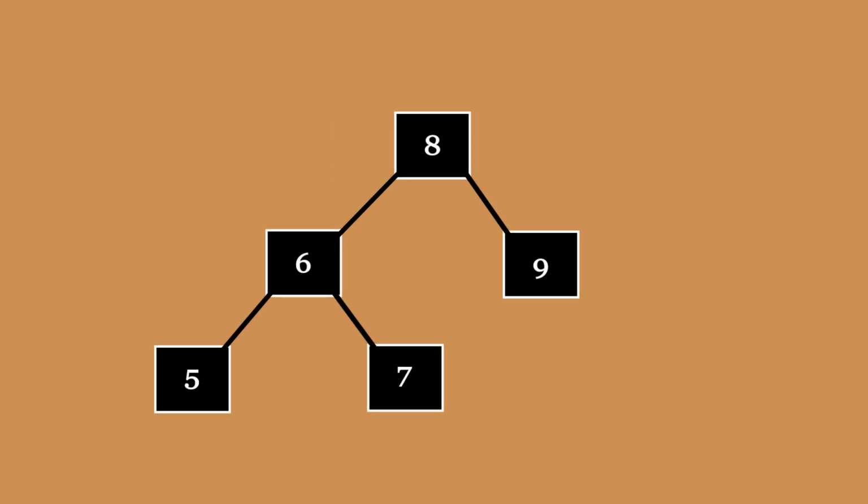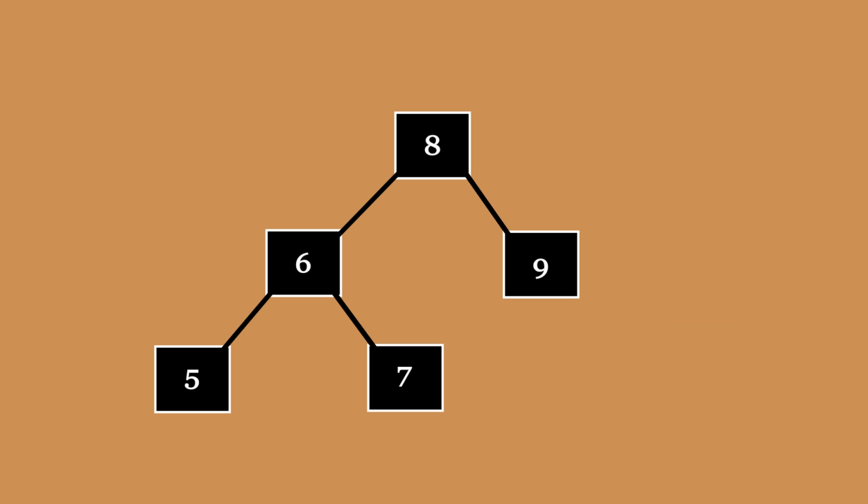So we have a binary search tree and we want to search, let's say 10. So we sit at the root node. 10 is greater than 8. We move to right. 10 is greater than 9. We move to right. Now we see the pointer is null. That's the condition where while loop terminates. And we return the root pointer itself. That is, the answer for this case would be null.